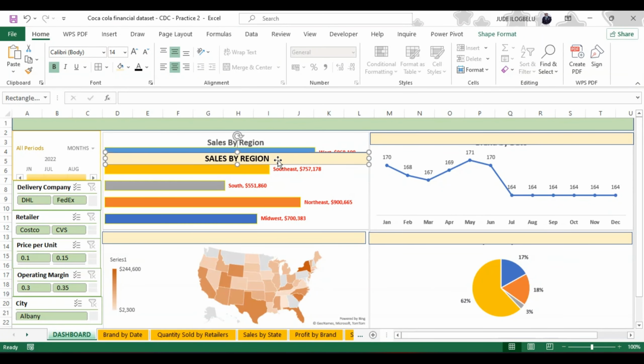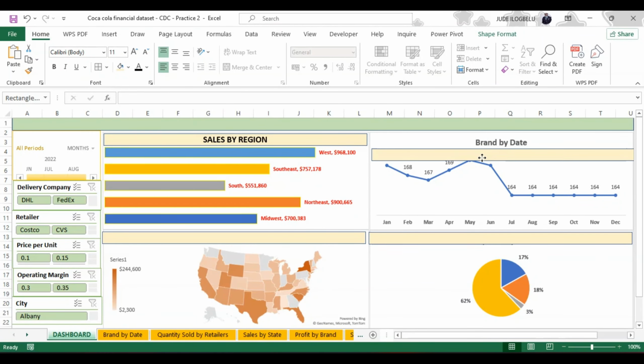once I've done that, I can now come over here and remove this and replace it with this sales by region. And the next one is brand by date. So brand by date,